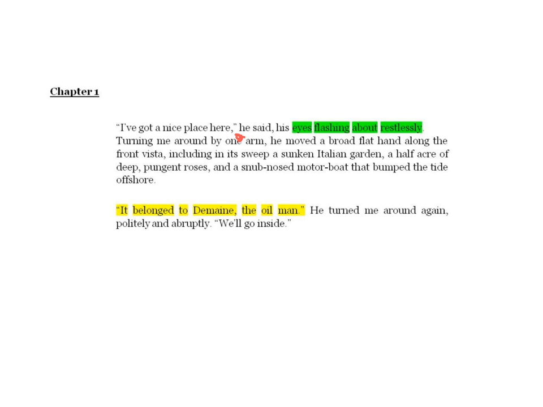Okay, that was a little aside, but let's get back onto the yellow stuff here. So we notice a motorboat, and Tom says it belonged to Domain, the oil man. So if you're an oil baron, you tend to have a tremendous amount of wealth. However, it's not the object. Tom could easily have, one imagines, bought a brand new motorboat. Could have bought 10, could have bought 15, probably. However, what we're getting at here is the rivalry and competition underneath that. The motorboat didn't belong to Tim the baker or Maureen the cleaner. It belonged to an oil man.